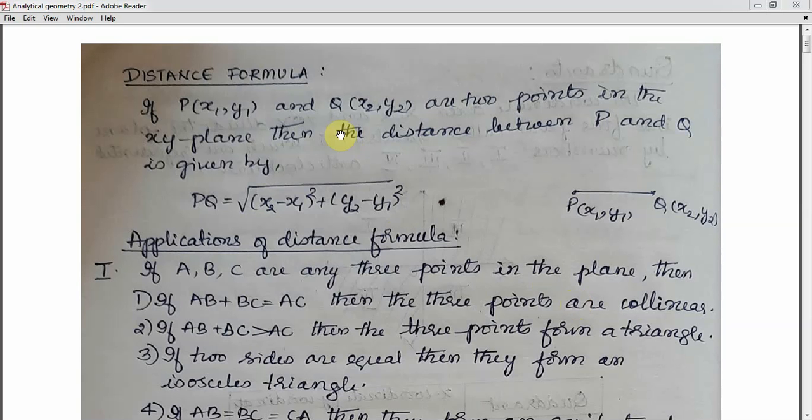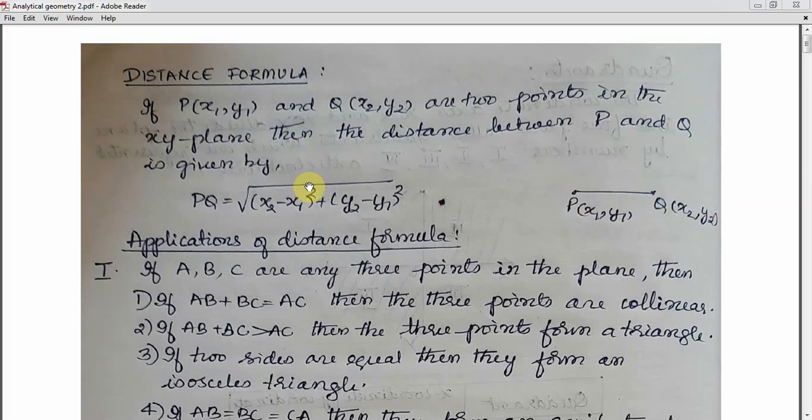Suppose P of x1, y1 and Q of x2, y2 are 2 points in the xy plane, then the distance between P and Q is given by PQ is equal to square root of x2 minus x1 whole square plus y2 minus y1 whole square. That means if 2 points P and Q are given, the coordinates of P are x1, y1, the coordinates of Q are x2, y2. Then to measure the distance between these 2 points, that is how much distance is from